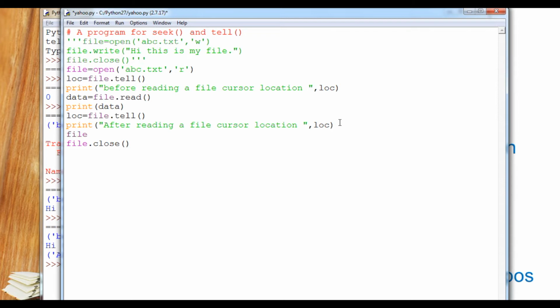So I will do one thing: seek to offset 0. Then I can read the file again the same way, with file.read, save it in content, and print the content.